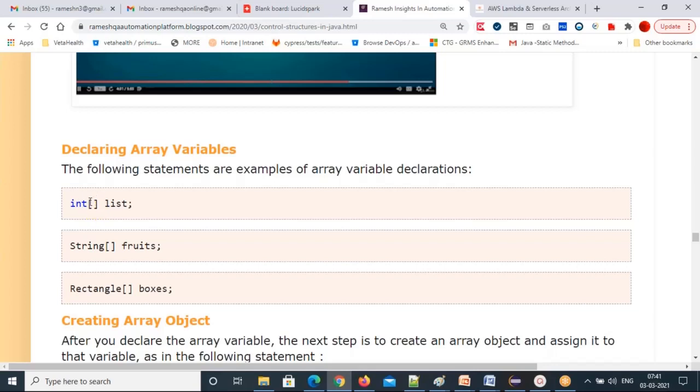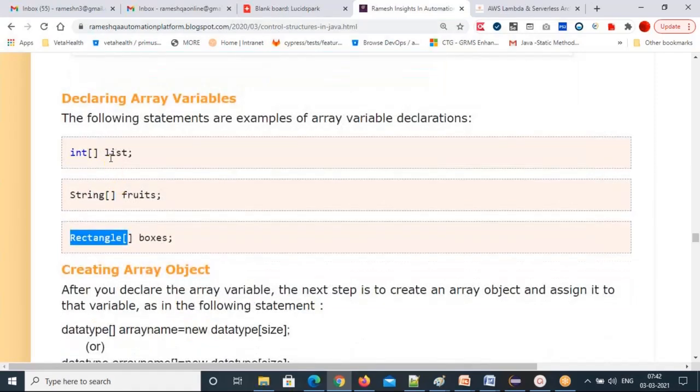The square brackets represent the array, and list is the array variable. String, square brackets, fruits: fruits is a string type array variable. Rectangle, square brackets, boxes: Rectangle is a custom class name. So a class is also a data type, right? Anybody having doubt on this? A class is also a data type; I can treat it as a data type.